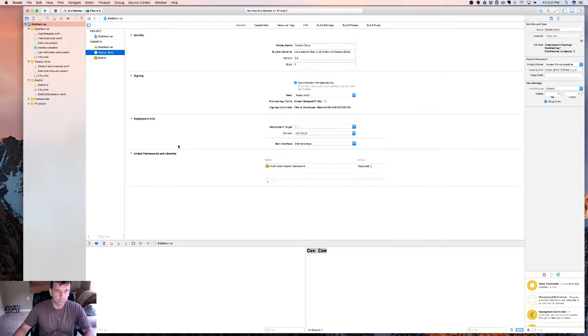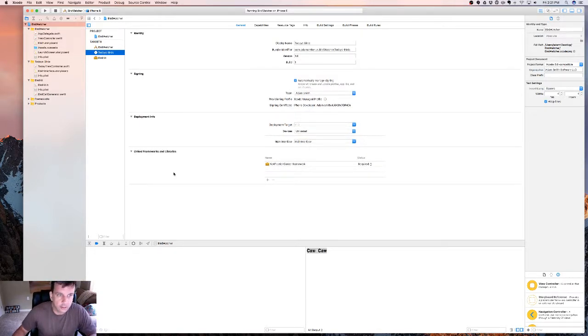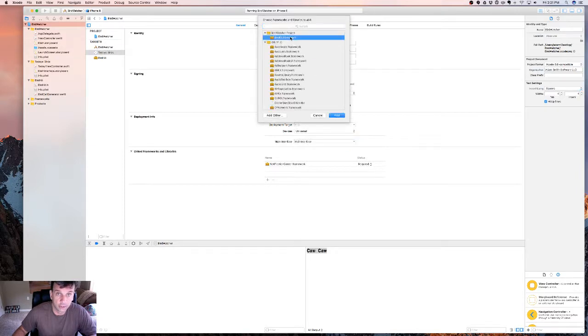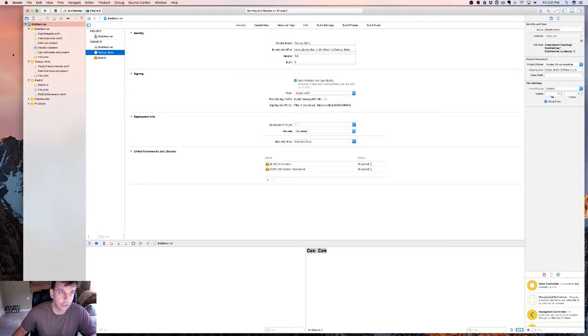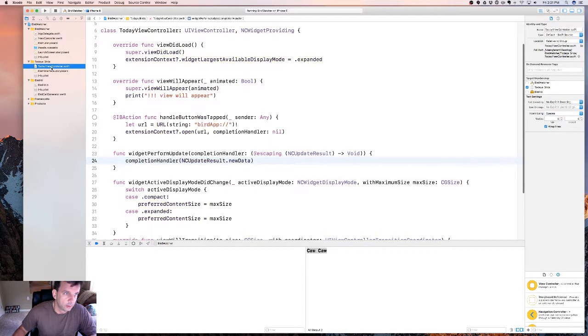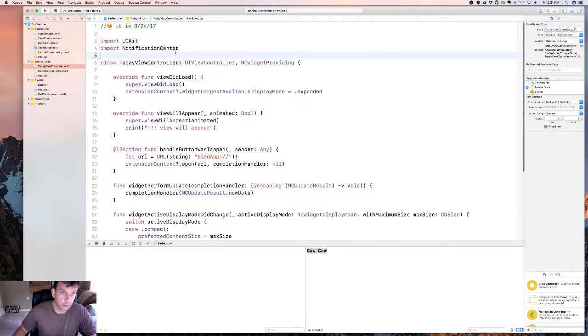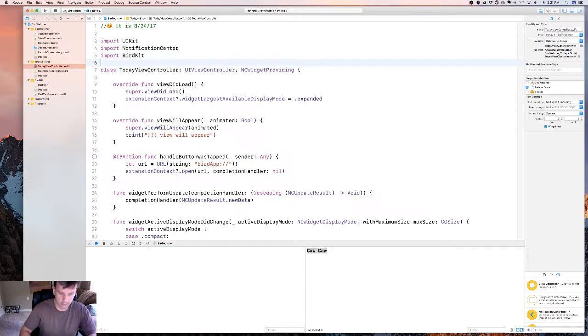And for this one, we're going to add it to linked frameworks and libraries. BirdKit.framework. Here we go. Okay, now today's view controller. We're going to import BirdKit, and then in viewDidLoad,